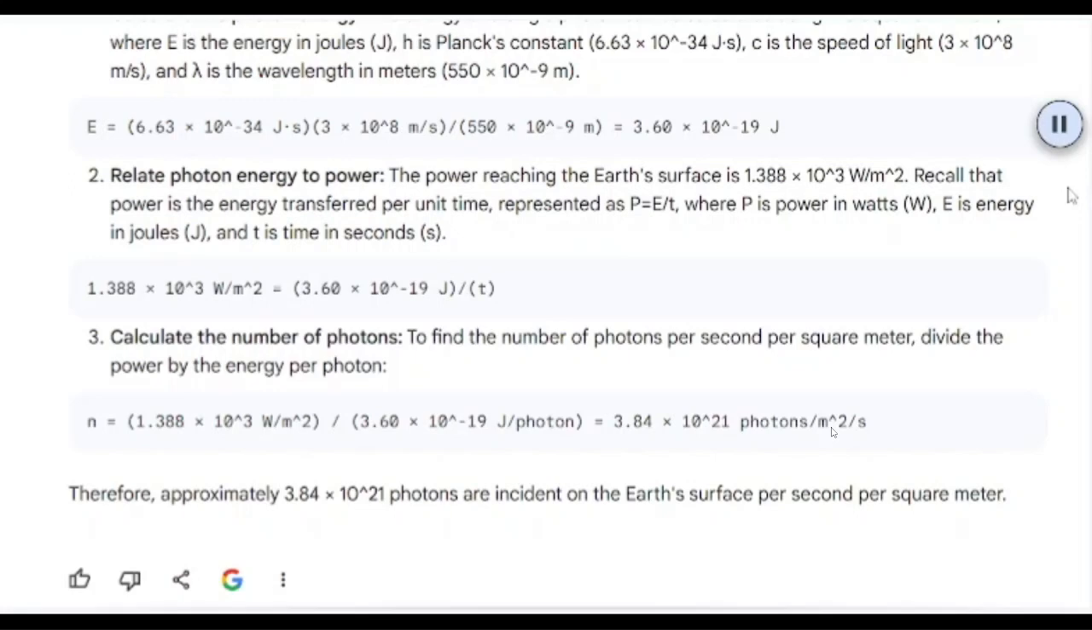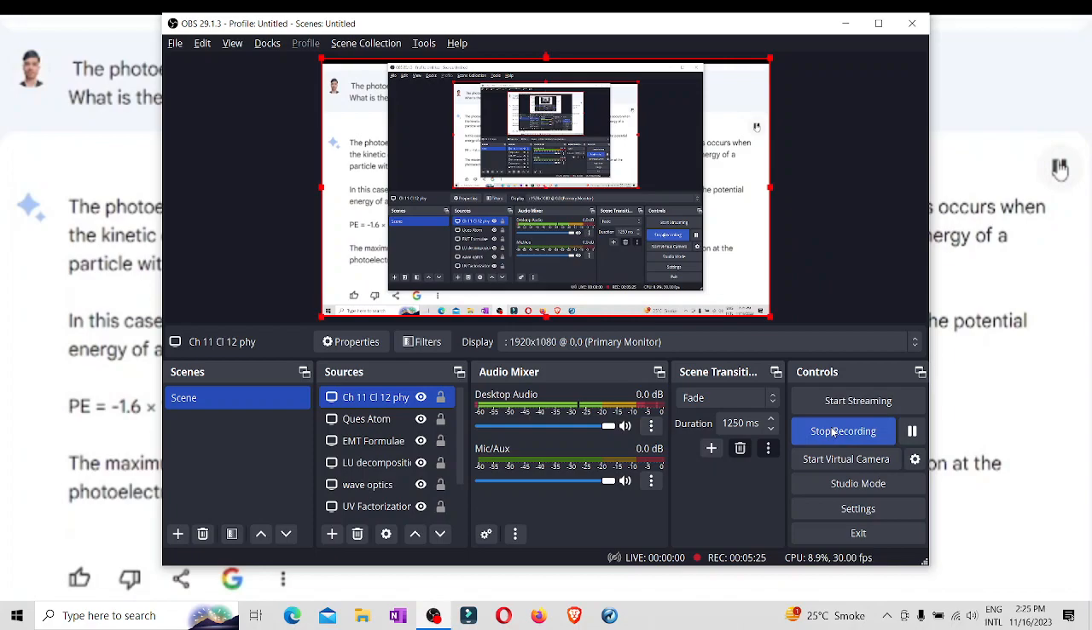3. Calculate the number of photons. To find the number of photons per second per square meter, divide the power by the energy per photon, N equals 1.388 times 10 to the power of 3 W per square meter over 3.60 times 10 to the power of minus 19 J per photon, equals 3.84 times 10 to the power of 21 photons per square meter per second. Therefore, approximately 3.84 times 10 to the power of 21 photons are incident on the Earth's surface per second per square meter. The photoelectric cutoff voltage is the minimum voltage